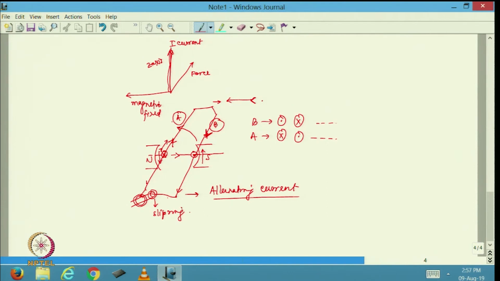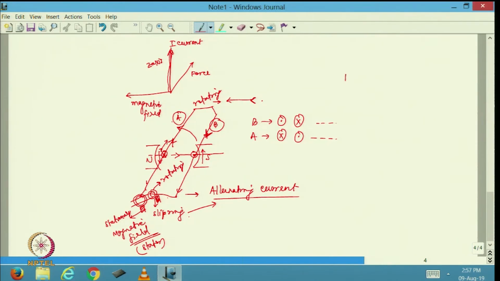So, in an alternating current machine, normally we use slip ring, and along with slip ring we will be having brushes. So, these brushes will be fixed or they will be stationary. So, brushes are stationary. The magnetic field will also be stationary. So, magnetic field along with brushes will be stationary, because magnetic field is essentially located in the stator. So, this is also stationary, whereas the conductor will be rotating and simultaneously the slip rings will also be rotating.